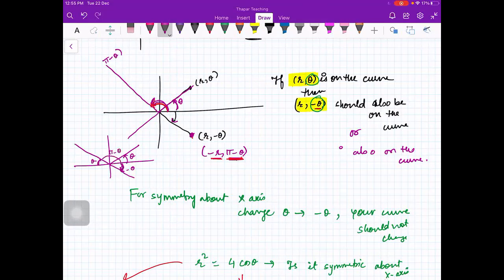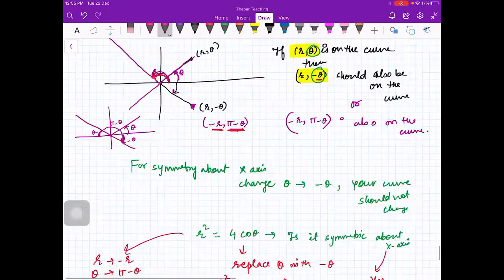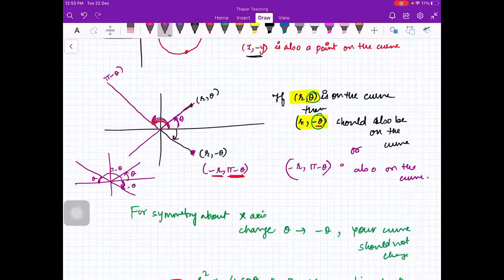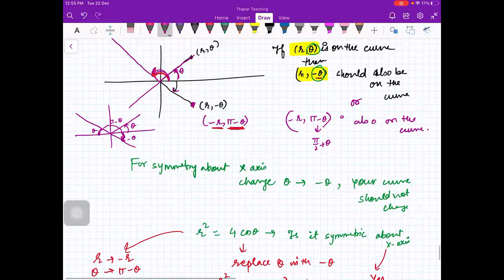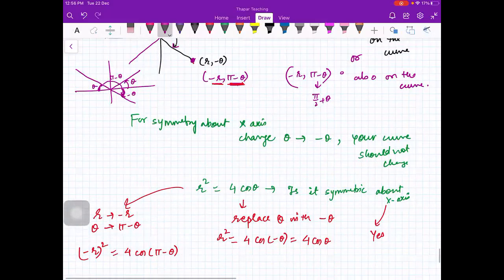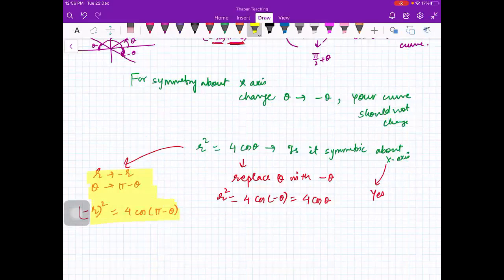Because this is the second quadrant, cos will become negative. But this 90 plus theta, no, that is not 90 plus theta. That also will give you negative. You can also take pi by 2 plus theta. That is your choice, but the result should be the same, right? Okay, I don't know what is happening. Let me check why we are getting this, and I will come back to this. Okay, beta? So right now, let us just fix that.